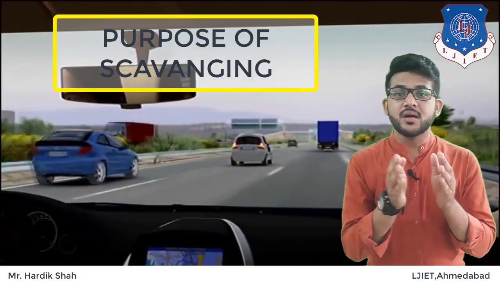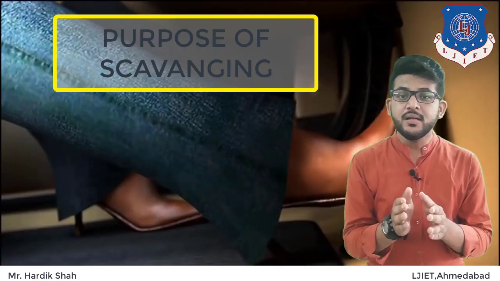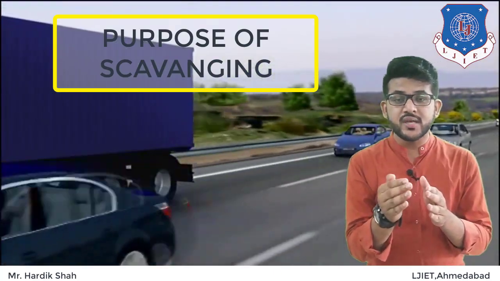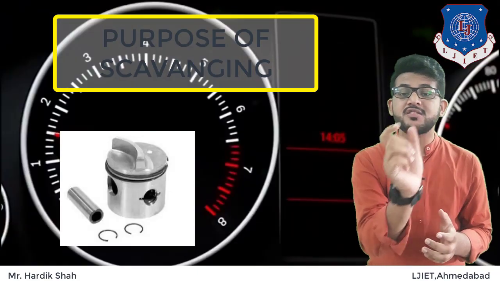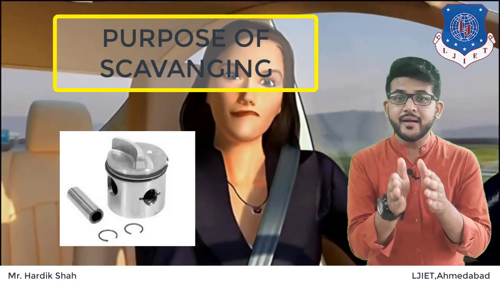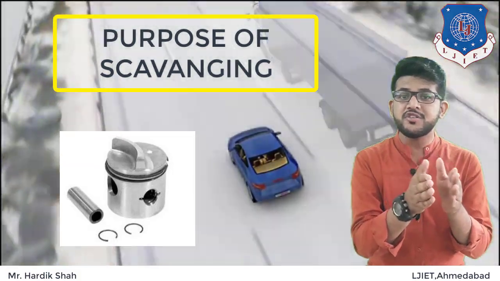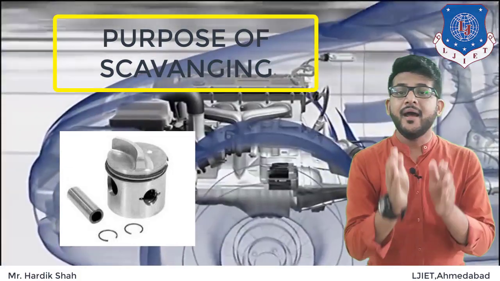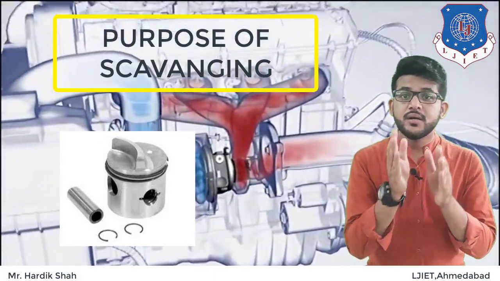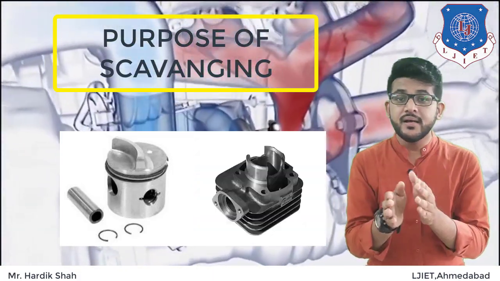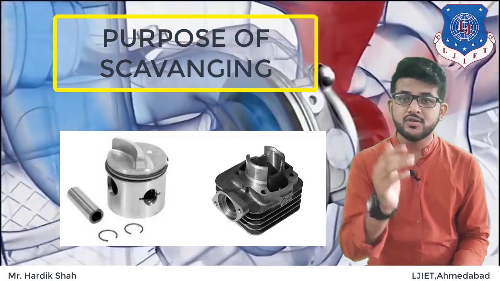For this purpose, the combustion chamber and piston head are specially designed. The piston head of the 2-stroke cycle engine is specially designed for scavenging, with a deflector over it. The deflector on the piston head is designed so that it deflects the fresh charge towards the combustion chamber and the burnt gases towards the exhaust port. Thus, the fresh charge does not escape the cylinder without burning. In the same way, the combustion chamber is also designed. So that was scavenging.